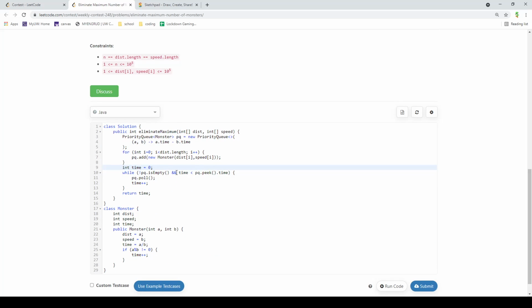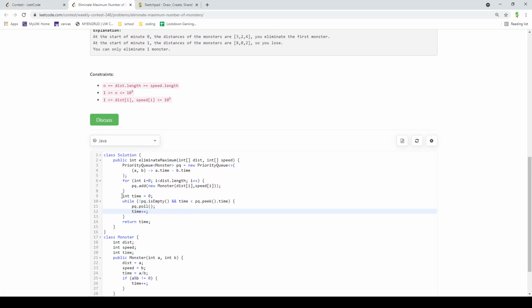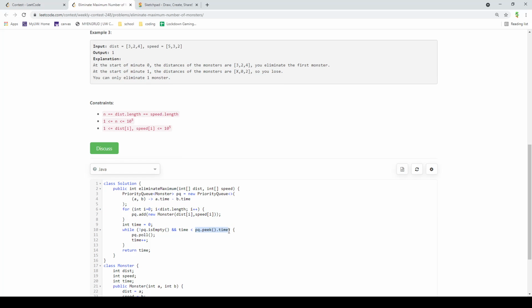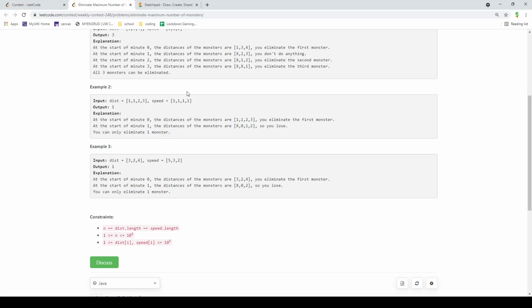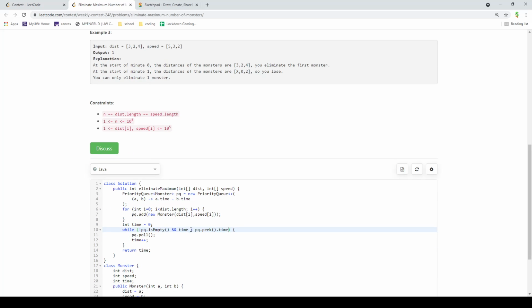So while there are monsters left to kill, and the next monster, we're in time to kill it, so then we kill that monster by removing it, and we add 1 to our time. So this would play out something like this. Originally we start at minute 0. Then we peek at the first monster. We see that it will arrive at minute 1, and we know minute 0 is before minute 1, the time